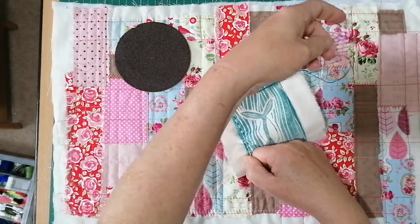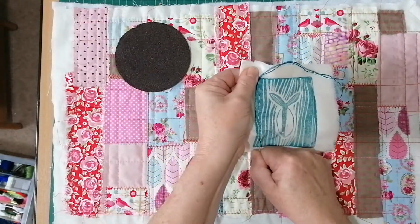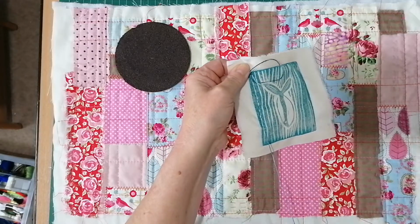So yeah, I've doubled it up because I really want the colours to...